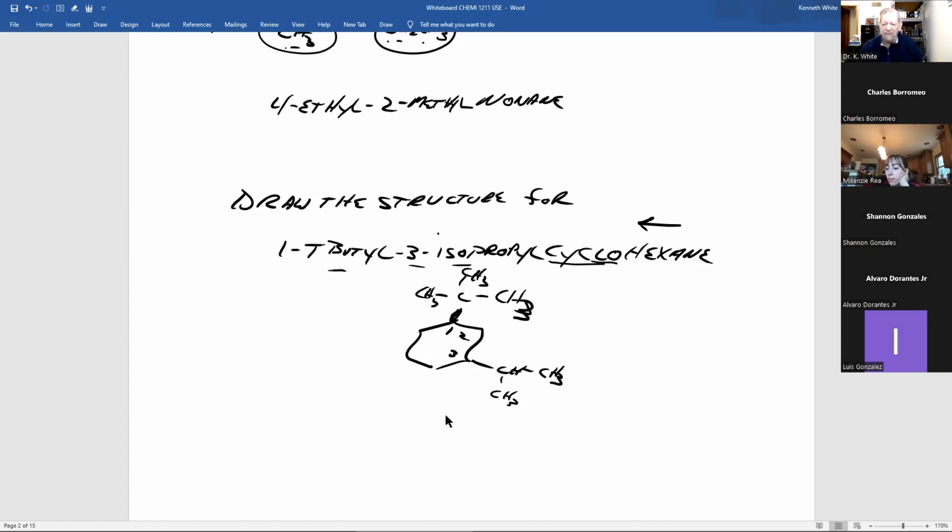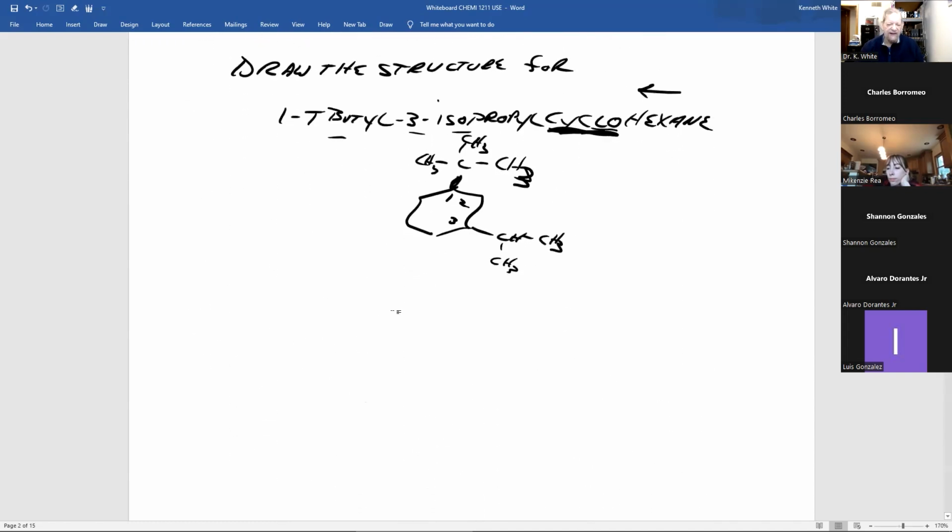Now, let me remind you, when you're doing a nomenclature question where you're writing the name for a ring, don't forget cyclo. Common mistake. Give the IUPAC name for that molecule. 6 carbons, student puts down hexane, I mark it wrong, because it's a ring, it has to be cyclohexane. And I see that on test 1, and I've seen it on the final. Please don't do it.